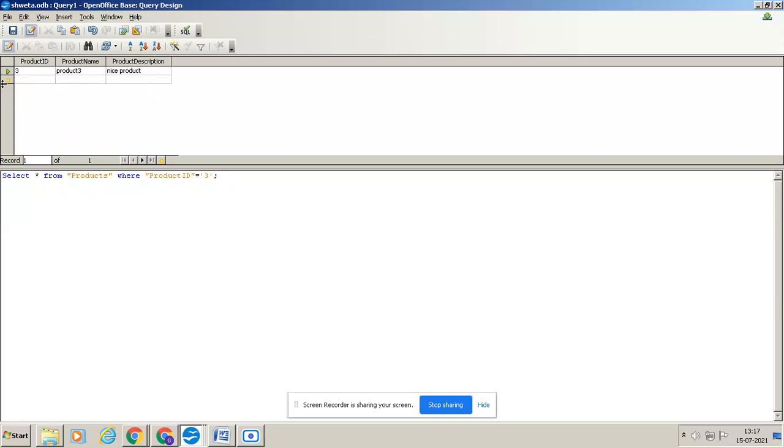Okay. So now here you want the product ID in descending order. All the records, and for those records you want the product ID in descending order. If you want either ascending or descending order, you are going to use the order by clause. So here, how to write order by: select star from products, order by.